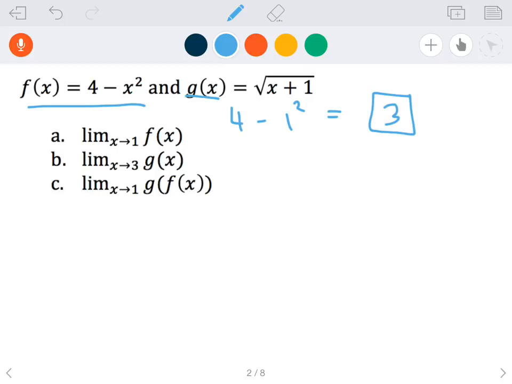So I'm going to plug in 3, get the square root of 3 plus 1, which is the square root of 4, which is 2. And now here's the point of the problem, the composite function. The limit as x approaches 1 of g of f of x. Now I could go through the hassle of taking f of x and plugging it in to g of x and getting the actual composite function and then finding the limit, but we saw in the notes that there's a